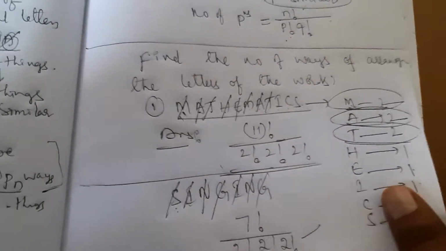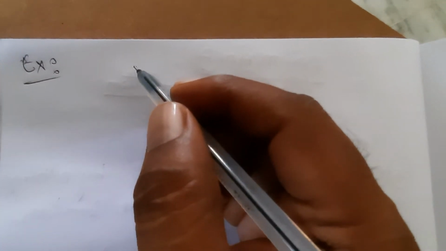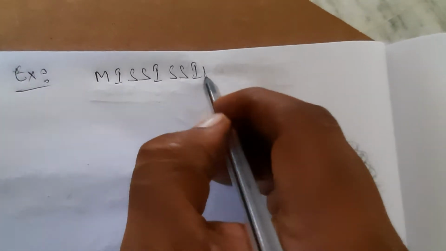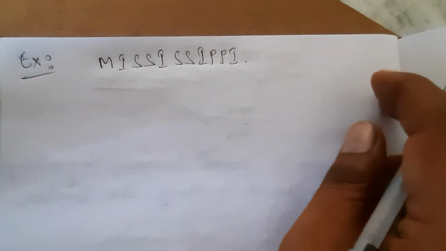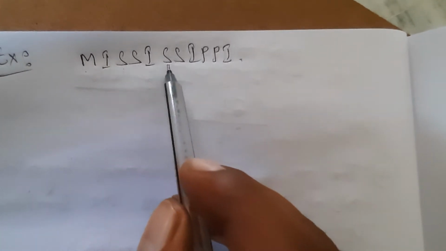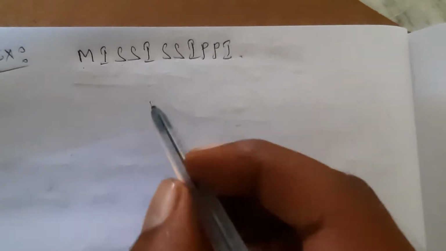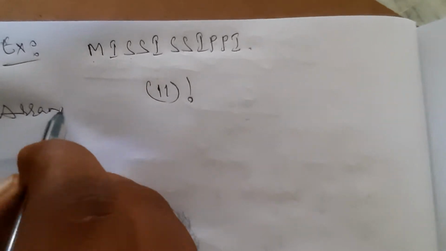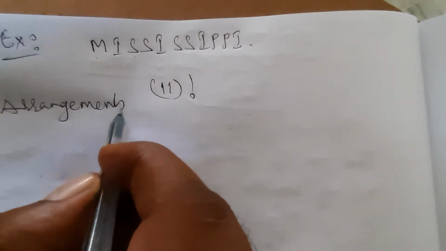Okay. Next, one more example. How many ways can we arrange the letters of the word MISSISSIPPI if they give it like this? Count it here: 1, 2, 3, 4, 5, 6, 7, 8, 9, 10, 11. 11 letters are there. So the total number of arrangements is equal to